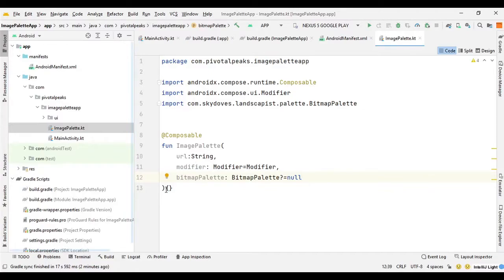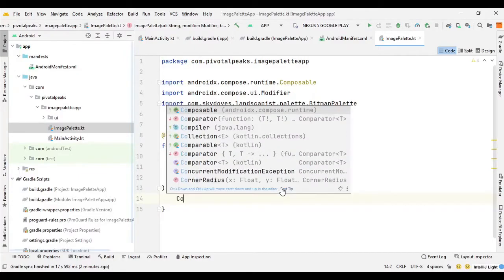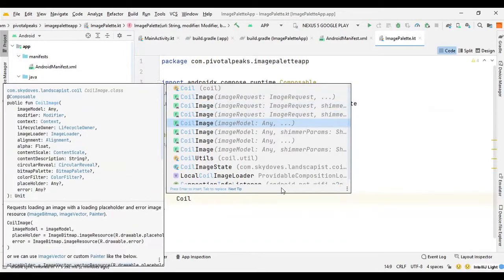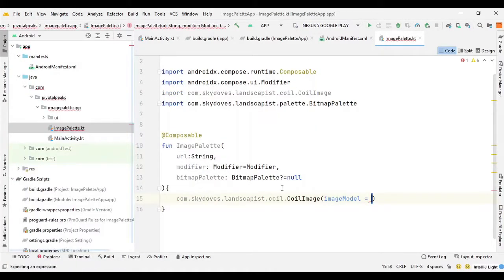Inside this function we can declare our CoilImage to load the image from the web. So let's say CoilImage, and we need to select the imageModel, and we need to remove the import also.